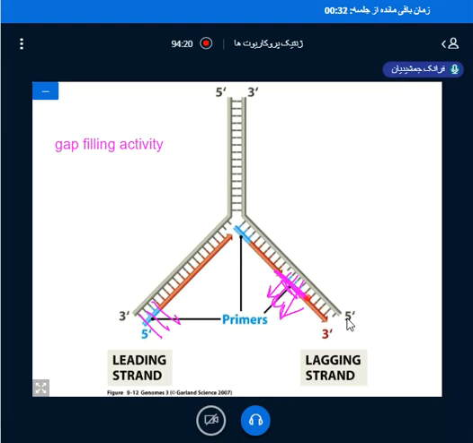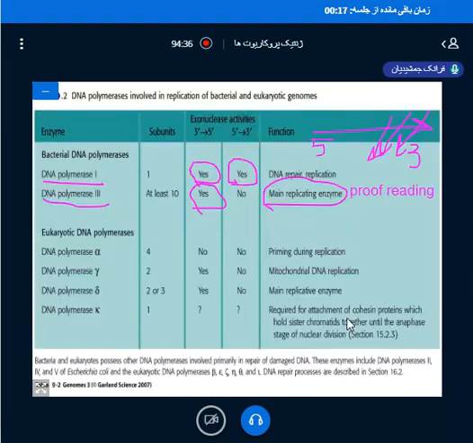And what is the function of DNA polymerase 2? DNA polymerase 2 is mainly active in DNA repair. So, DNA polymerase 3 is the main replicative enzyme. It has proofreading, but it can't remove the primer. DNA polymerase 1 has proofreading activity and can remove the primer and fill its gap. We call